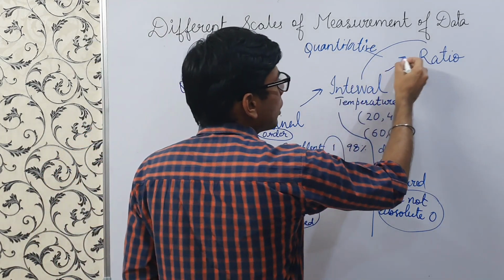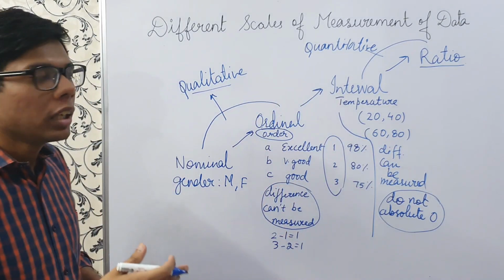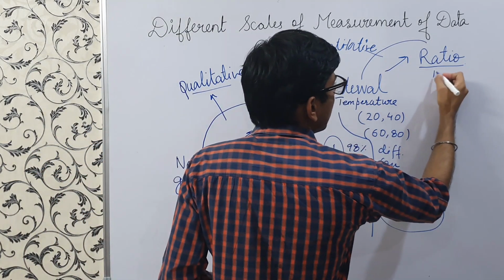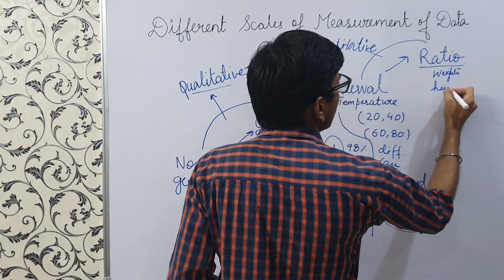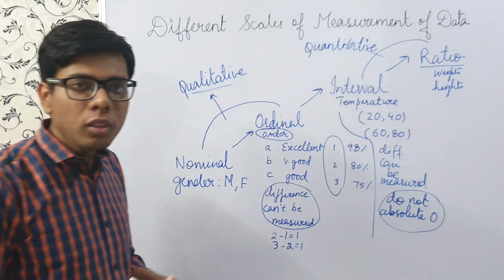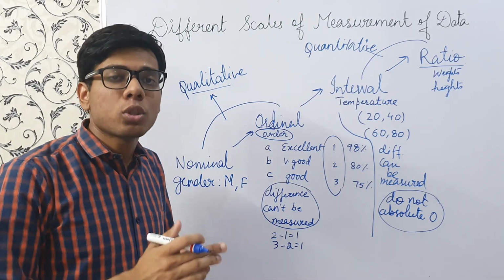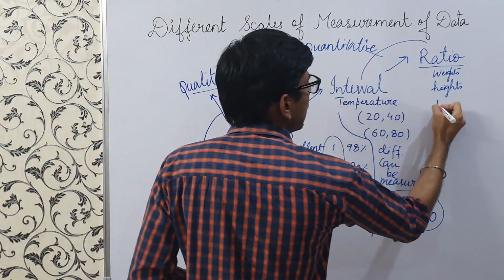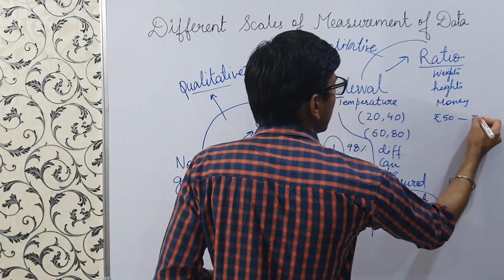And then coming to the ratio variable, this is the most common one that we use. It is basically an addition on top of the interval variable where the ratios can be defined. For example, weights, heights, or anything. Suppose weight, if someone is 50 kgs and someone is 100 kg, we can say that the 100 kg one is twice as heavy as the 50 kg one. Same goes with height. Or for example, money, 50 rupees and 100 rupees. So they have a relation between them.